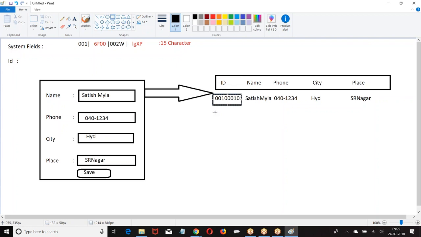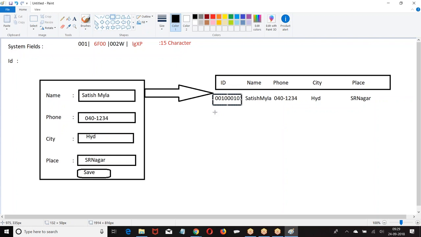Based on this ID. This ID works like a primary key. Every record you create in the database, Salesforce will create a 15 character unique ID, and based on this ID, Salesforce will recognize your record.